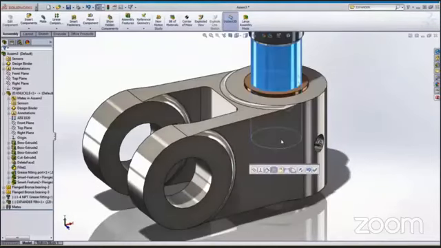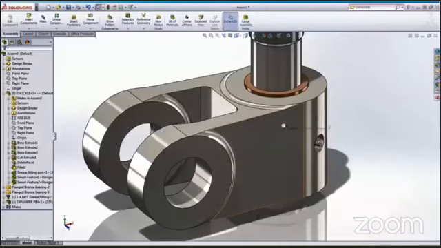SolidWorks automatically places the pins and asks us to verify that we want a concentric mate. The pin is positioned properly in the hole, but we can still move it up and down.